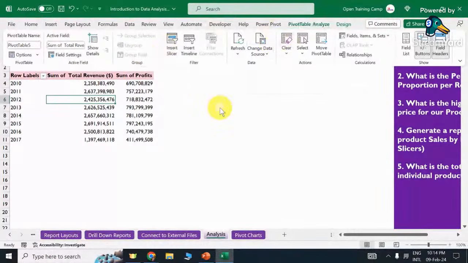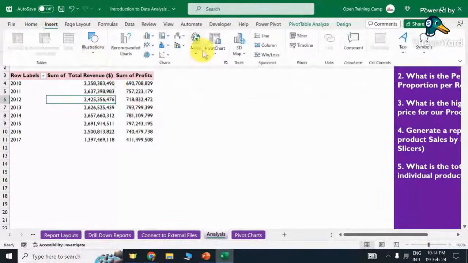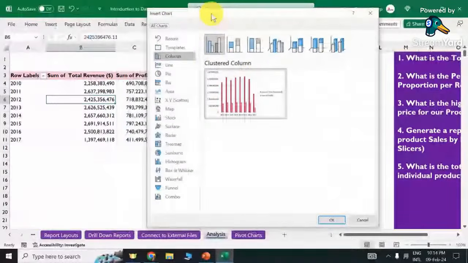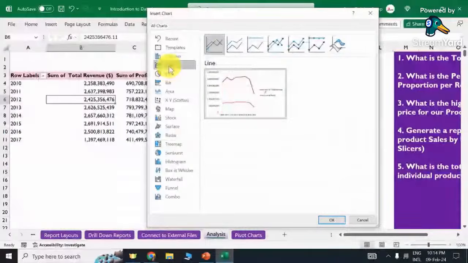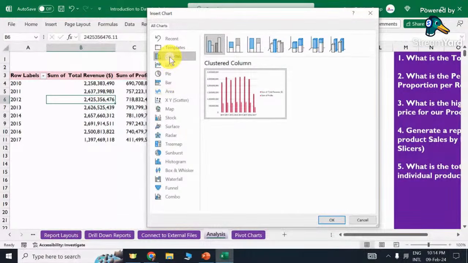Or I can actually come back to the insert tab and come back to the pivot chart and click this option here. And there you go. You can pick any chart of your choice here. I don't know which chart might showcase these numbers very well, but again, let us check if the line chart can do it very fast. Or we can go with the bar chart, or we can go with the column chart, whichever chart type works